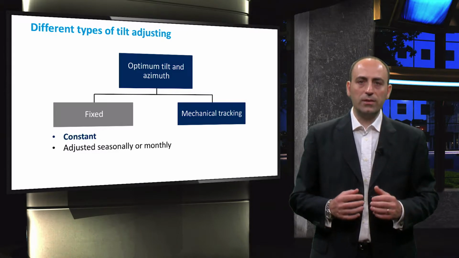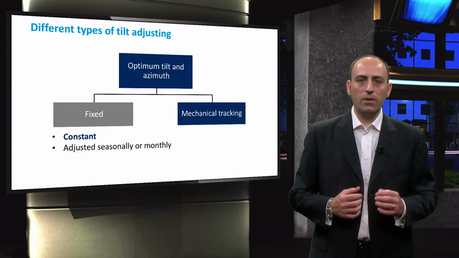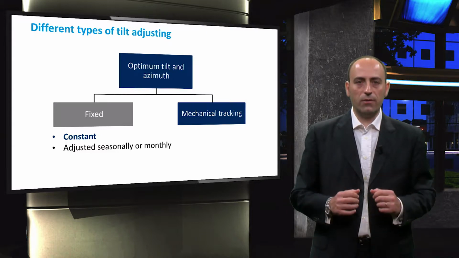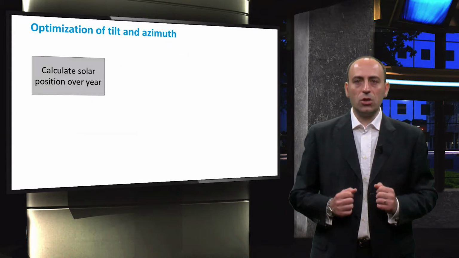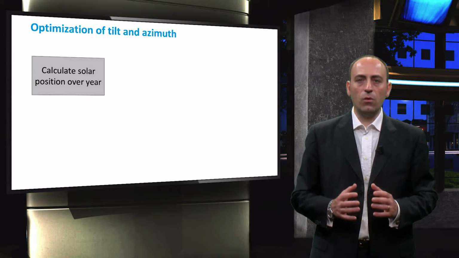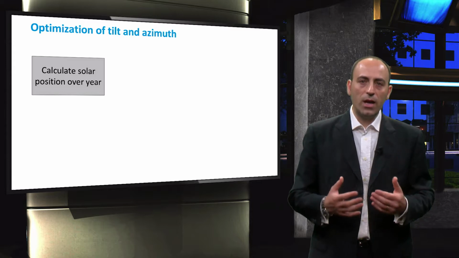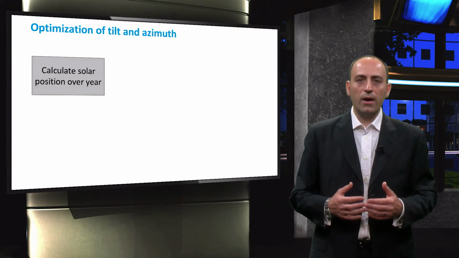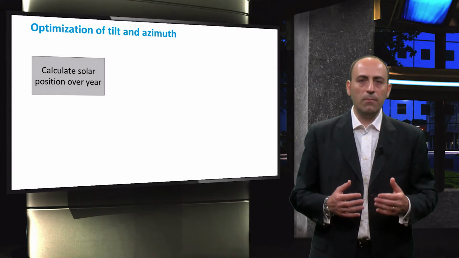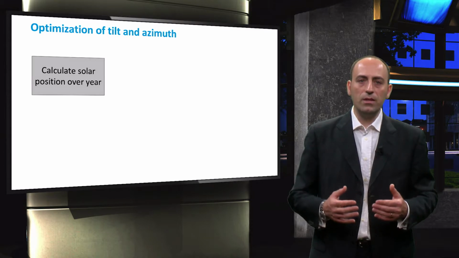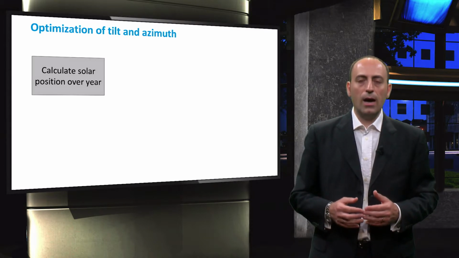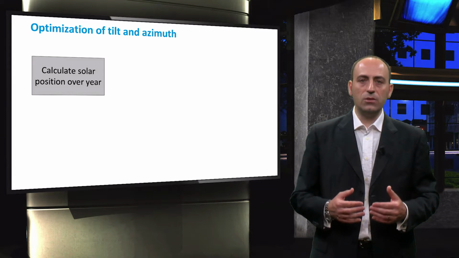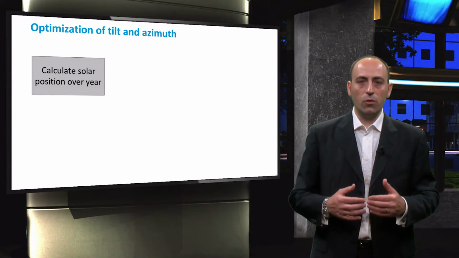Let's start to calculate the optimum tilt angle for a panel with a fixed position over the entire year. The best combination of module tilt and azimuth angle is found using all the concepts we have discussed until now. The idea is to calculate the position of the sun for whatever time step you decide to acquire an accurate tilt prediction. The measurement interval can be every hour, 10 minutes, or even second, depending on the irradiance information that is available. After computing the azimuth and altitude of the sun with respect to the location of your PV system,